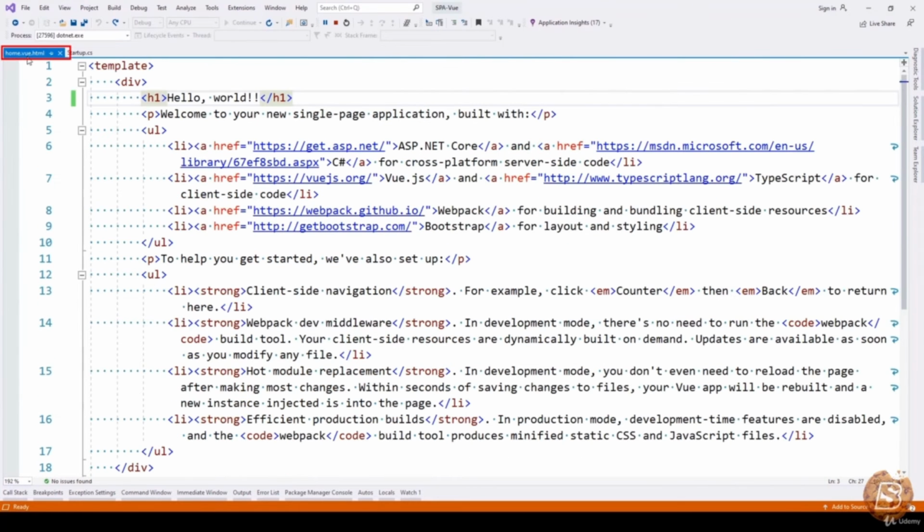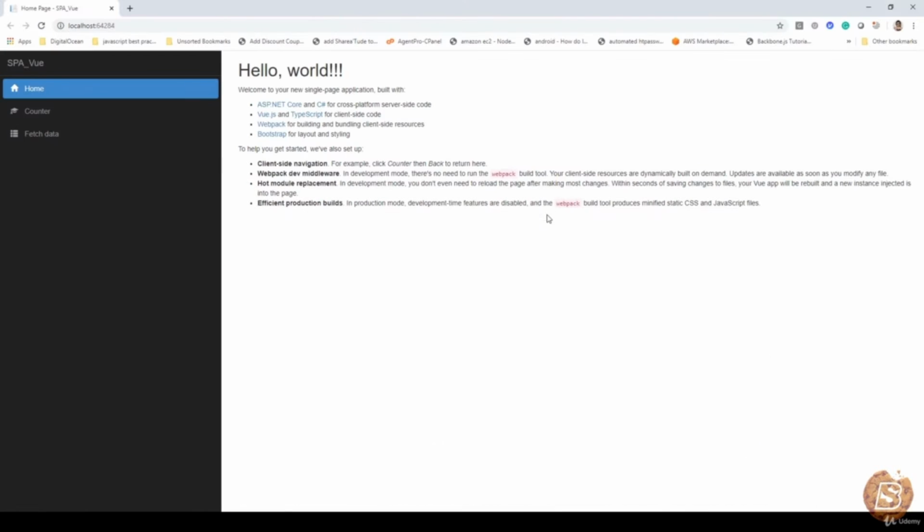So back in our homeview.html, let's add one more exclamation mark, save this file, and now go back to the browser, and here you can see without even refreshing the page, you're able to see the content being updated over here. So that's one of the use cases of Webpack dev middleware which it provides, and we have explored that in